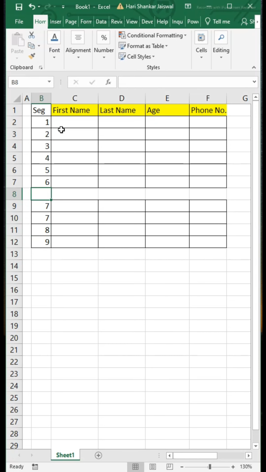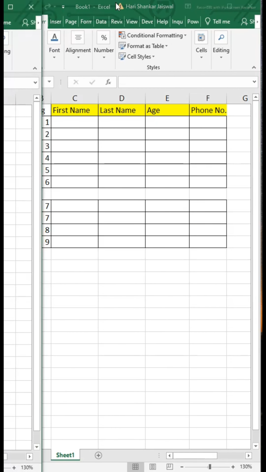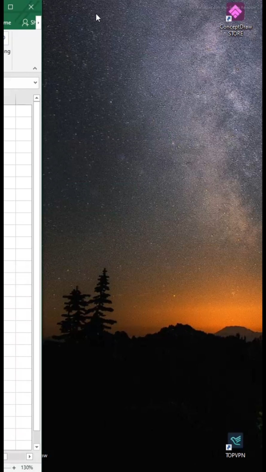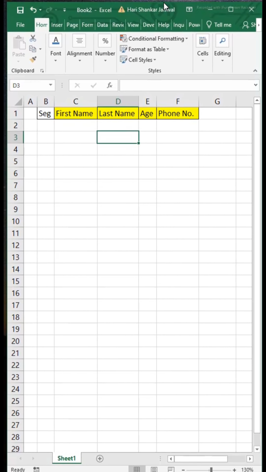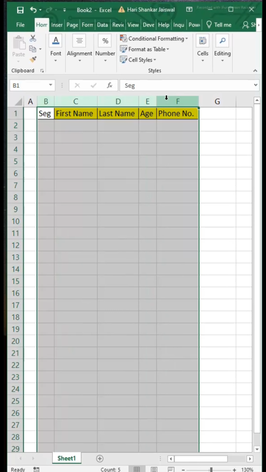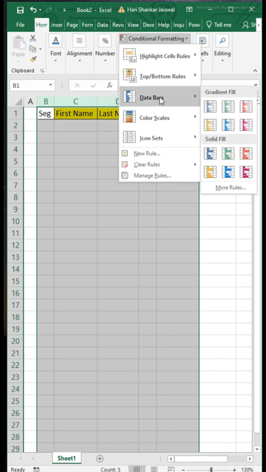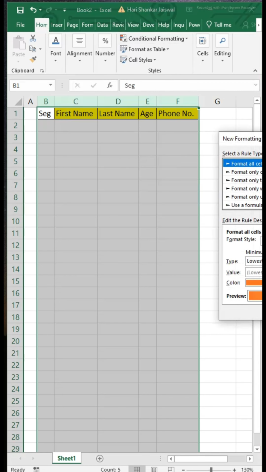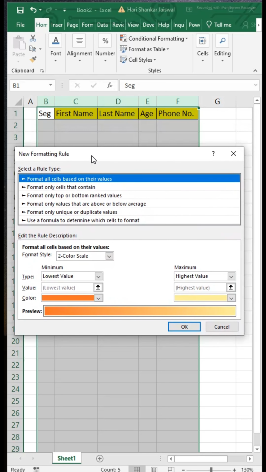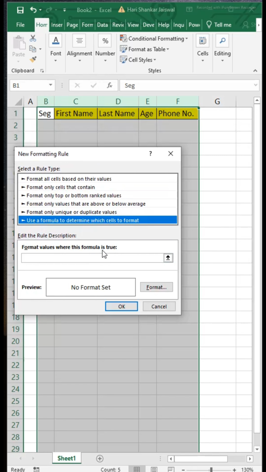So I come to a new Excel file, minimize this. Okay, now first of all we will select the columns which we want, and then we'll go to Home, Conditional Formatting, and New Rule. After that you will see here "Use a formula to determine which cells to format," and then we will select here